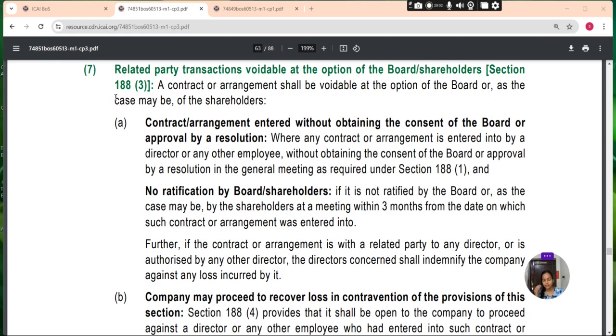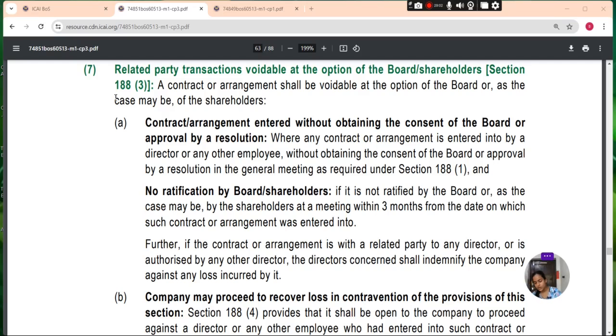Then comes the related party transaction which is voidable at the option of the board and shareholder. Under section 188, a contract or arrangement shall be voidable at the option of the board or, as the case may be, of the shareholders. A contract or arrangement entered into without obtaining the consent of the board and approval by the